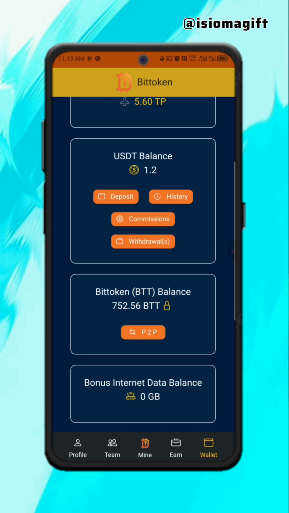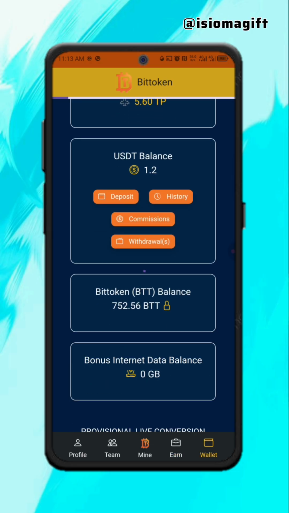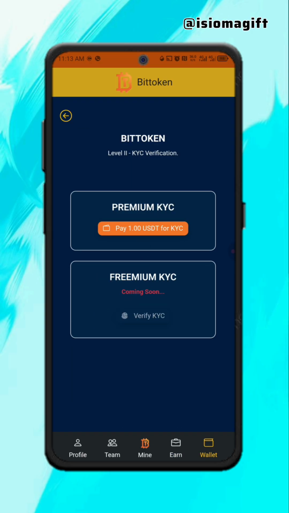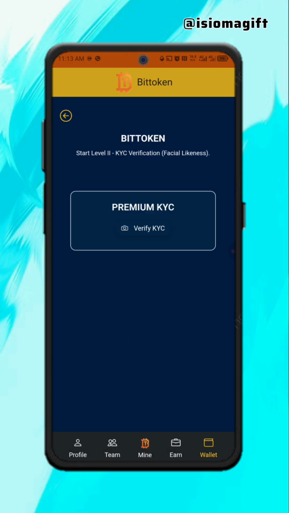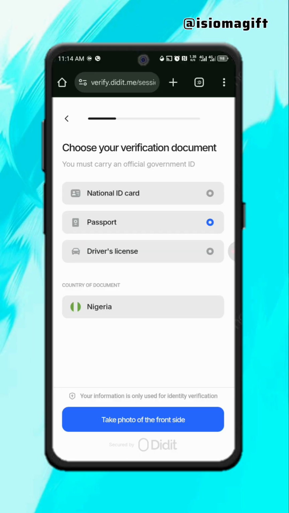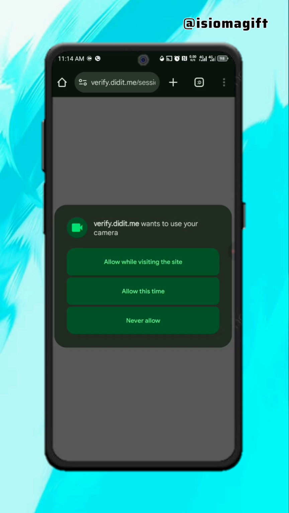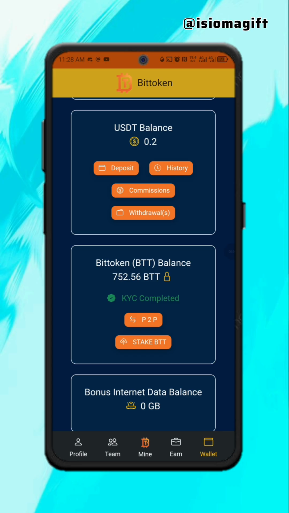For you to do the KYC, we'll come here, click on this P2P. Now you see they say pay $1 for KYC. Then I will say yes, proceed. Click on verify. So I'll be using passports. Then I'll be asked to take a photo. Once your KYC has been completed, you get to see this completed like this. And in case you try with an international passport and it doesn't work, try something else, try your name or